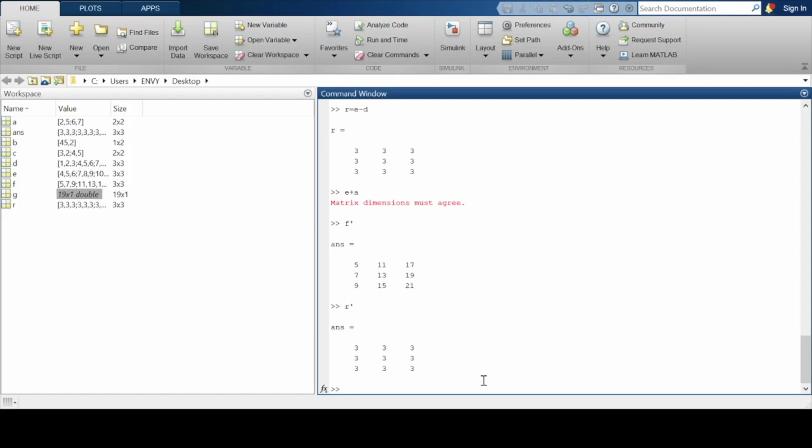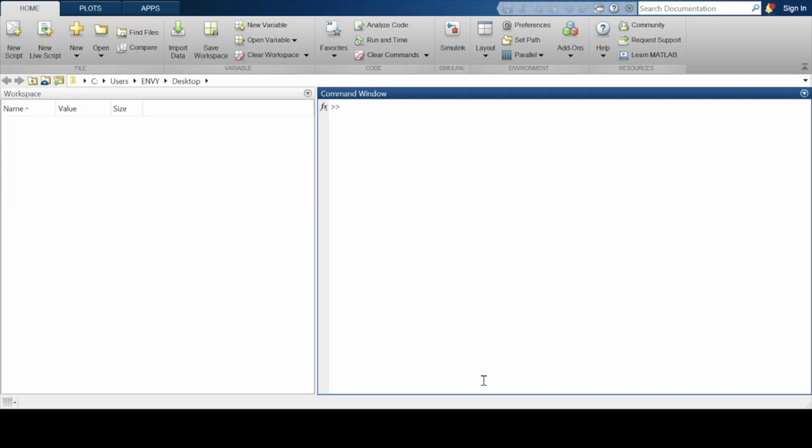So consider scalar multiplication of a matrix. Let me clear this up. Okay, so let's take a matrix. Scalar multiplication means you can take any number and multiply it by the matrix.